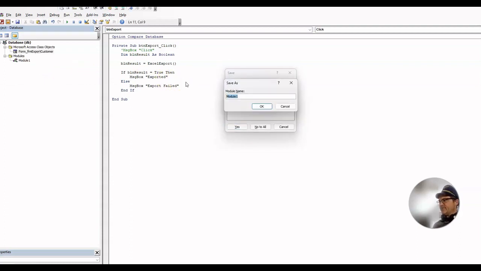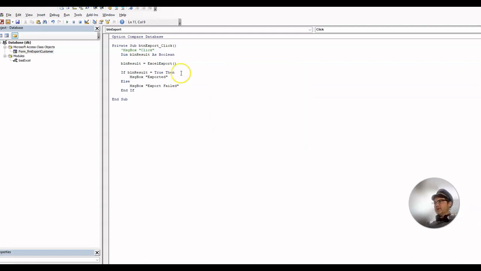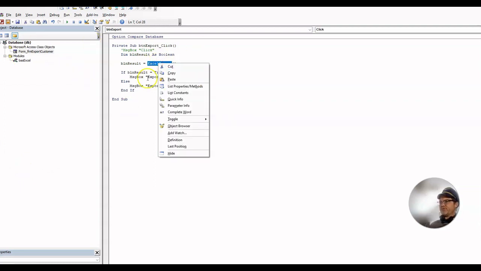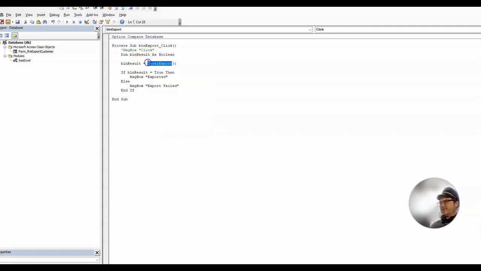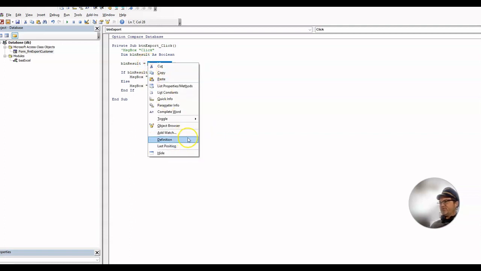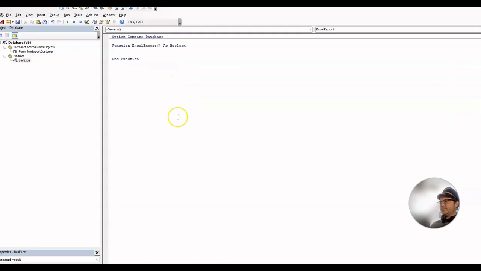Okay, I'm saving that, and the module name here, I'm going to call this BAS for a basic module, Excel, and close it. Now, this is an easy way to get to the function, to see where it's at. If you have a big database with a lot of different objects, double click on it to highlight the function, and right click and choose definition,